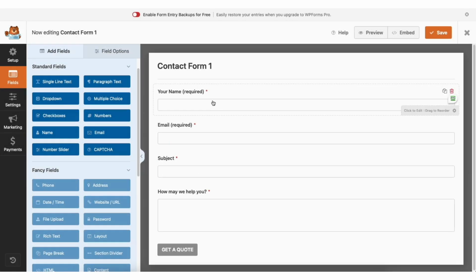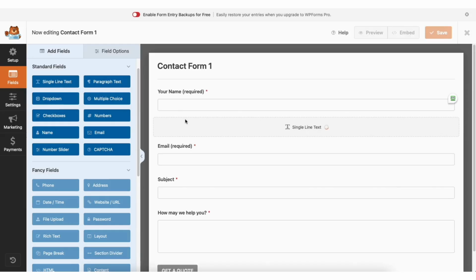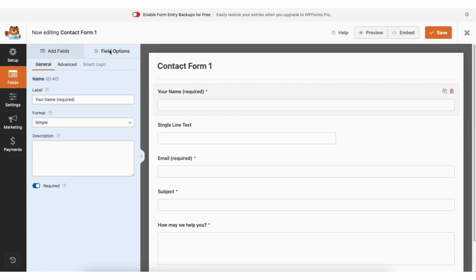It's now going to bring up the builder for the Contact Us form. You can hover over an area to delete it or duplicate it. You can click an area and drag it to wherever you like it. If you want to add something, you can drag it over from the side. If you click Field Options, you can click on a part of the form and then make changes from the side. You can select to make this part of the form a required or not required part to fill out.